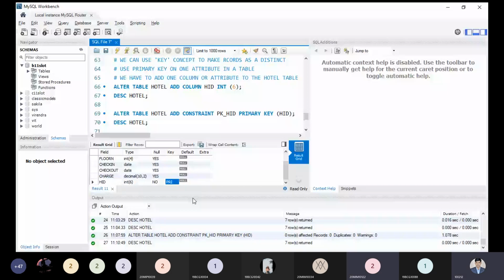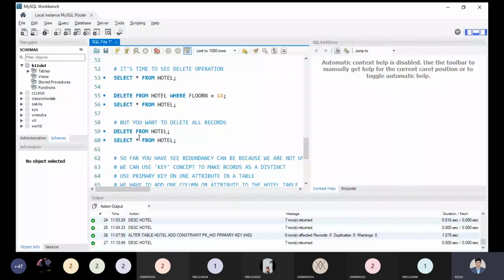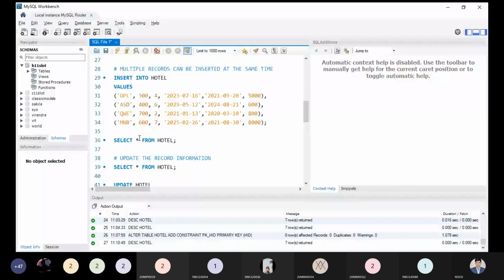Yes, sir. Okay. So I'm showing just my flow. Just let us understand. Suppose I'm trying to insert all these records, and before that a new column was added.